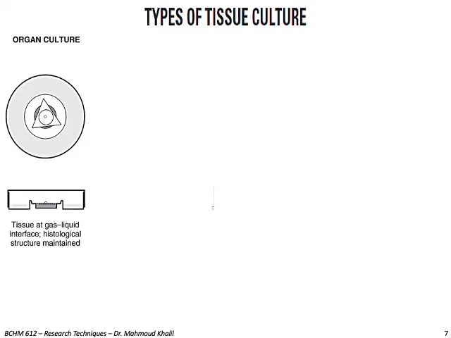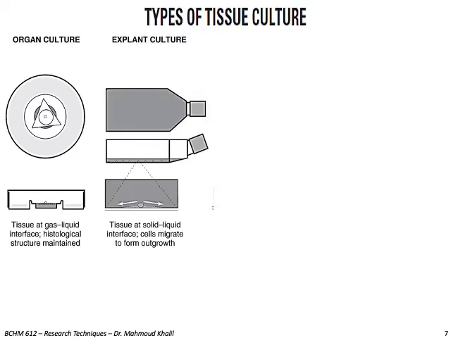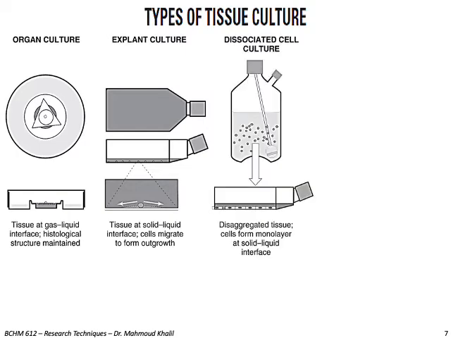So here you can see how it looks in the case of organ culture. There is a tissue at the gas liquid interface, and the histological structure is maintained. In the explant culture, you can see tissue at a solid liquid interface and cells, as shown by the arrows, migrate to form outgrowths. In the dissociated cell culture, you can see that the disaggregated tissue cells form a monolayer at